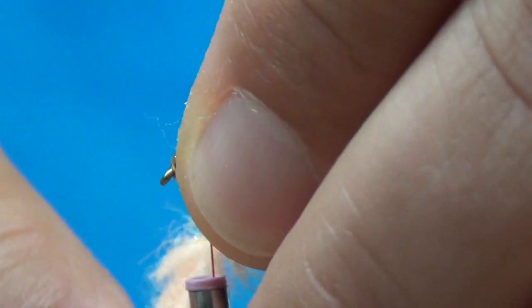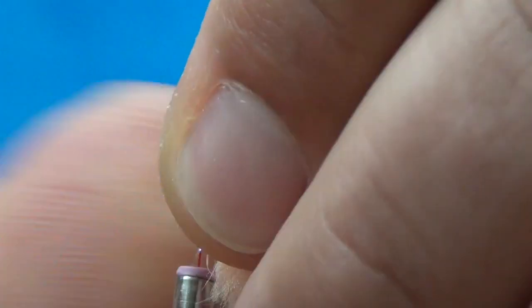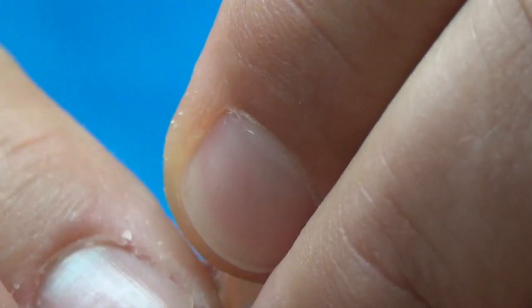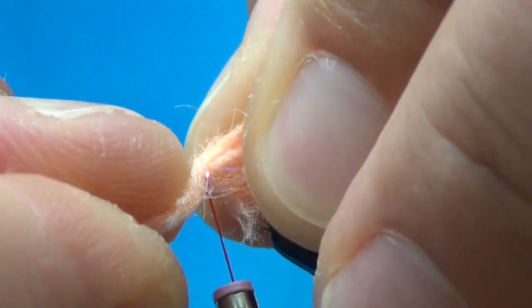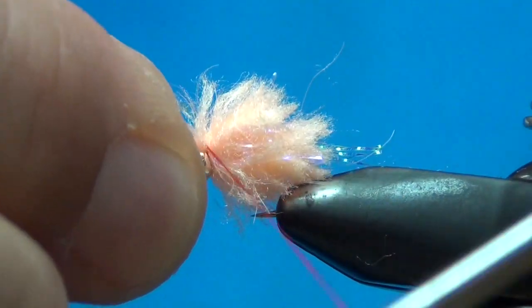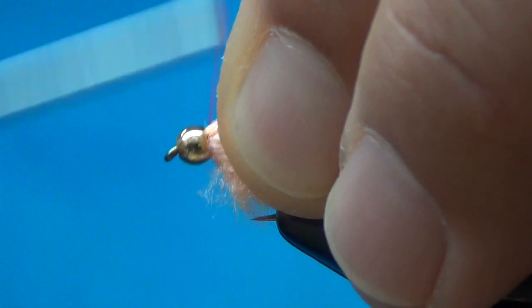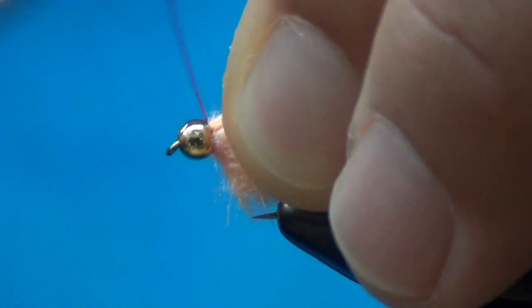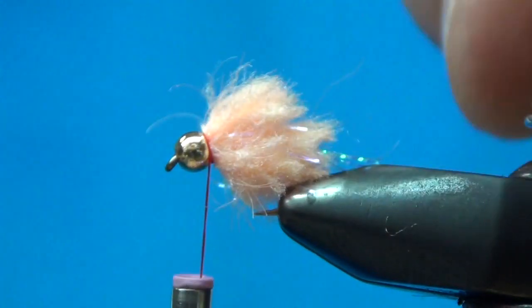And then what that does is it kind of lets you layer the egg yarn as you wrap up. If you do not do that, it can get real clumpy, and the egg will actually unravel on you because it's not tied tightly. This allows you to get a nice tight wrap, and I go right back up in there to behind the bead, and then I separate. You want to separate those fibers because you're going to tie in. I'll do about 2 wraps, get it nice and tight, pull down that 140 denier. You can really torque on it, and then I'll just kind of build that up right behind the bead there a little bit till I start seeing some of the red thread, and I'll snip that fiber right there,